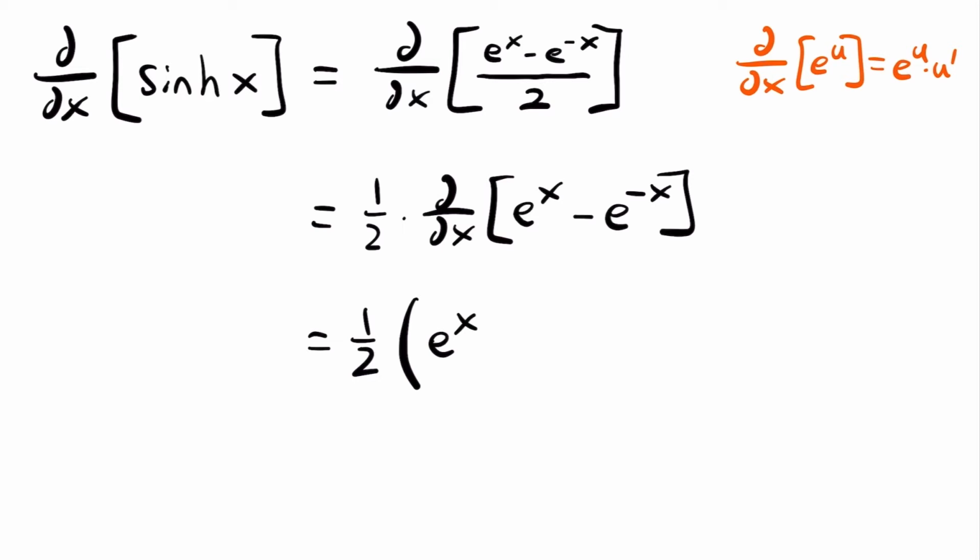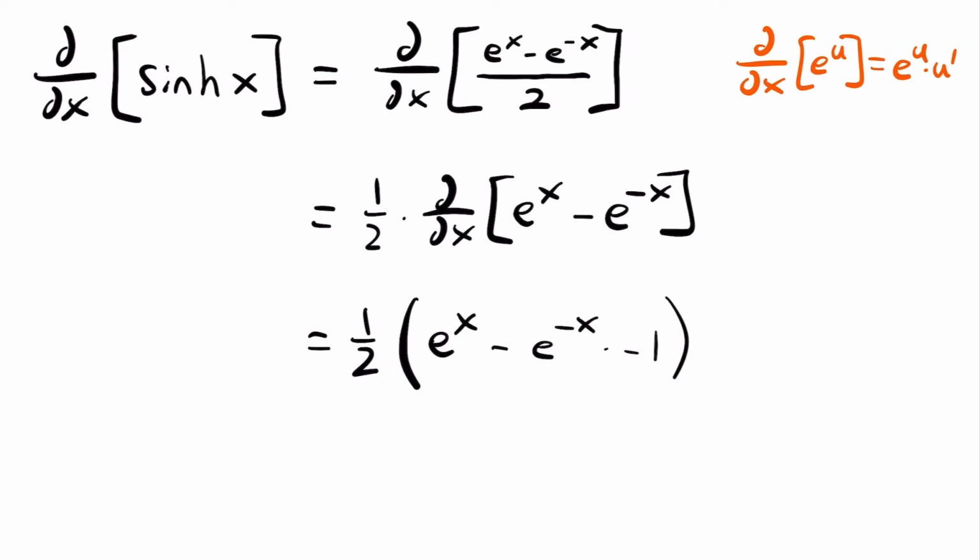Another way to think about it is that when you have e to the power of x, the derivative is just e to the power of x. But then for our second term here, if we take the derivative of this exponential function, we will have minus e to the power of negative x times the derivative of the exponent, negative x. And that's not just going to be 1, that's going to be negative 1, right? When you take the derivative of x to the first power, it's just equal to its coefficient, which in this case is negative 1. And so we'll multiply by negative 1, and that will be the derivative of these two